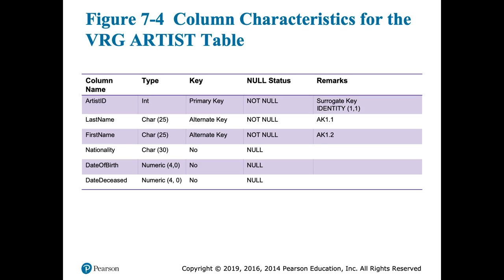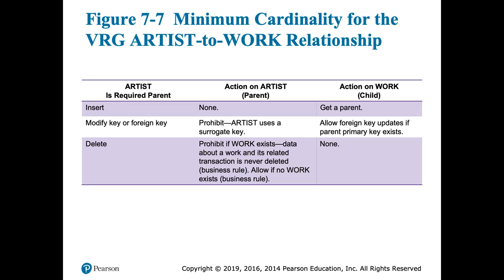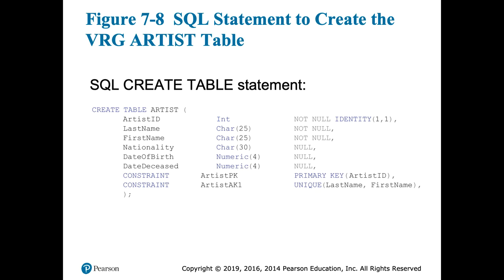So you're looking at every column, you convert attribute to column, and a column needs to have a name, you have to assign a data type, you have to assign its key property. It's either primary key or alternative key, nullable status, or some other constraint that you put at the end. Right? So once we know that, we can actually try to implement all these constraints into a language